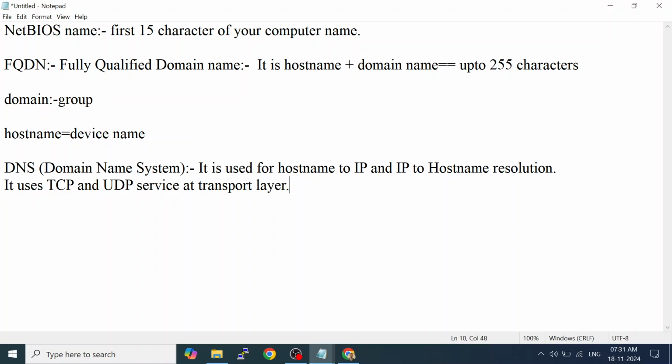But because of this all responsibility and these all checks, TCP works slow in compared to UDP, because UDP is connectionless protocol, unreliable protocol. Because if you want to send any data using UDP, it will immediately transfer the data. It will not establish the connection. It will not make sure your data reaches to the destination. Okay? So that's why we say UDP as a unreliable protocol and connectionless protocol. So this DNS uses both.